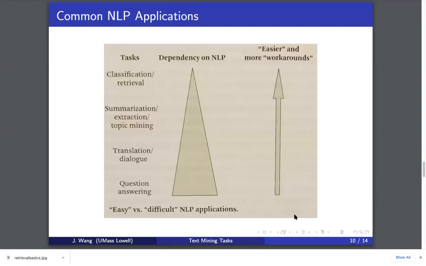Nevertheless, we can still do a lot of meaningful text mining applications. For instance, there are at least 4 tasks that text mining can do. One is classification/retrieval. So you classify a document, which categories this document belongs to, and then you have a query, and I want to find a good match of that query. Select a document from your corpus to match that query. So that can be done. And that's the easiest thing to do